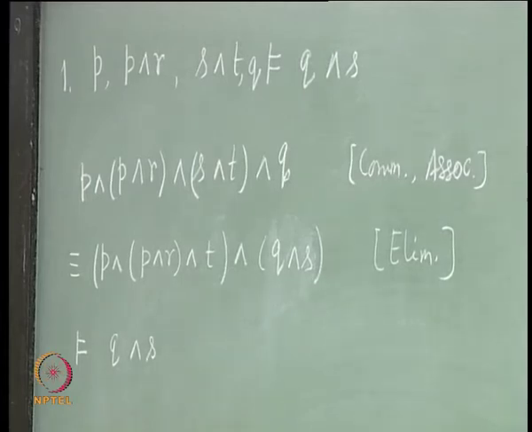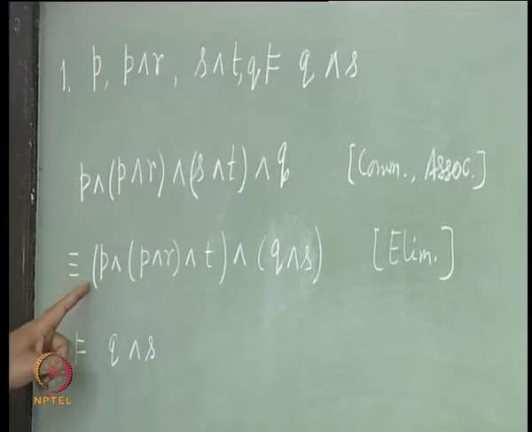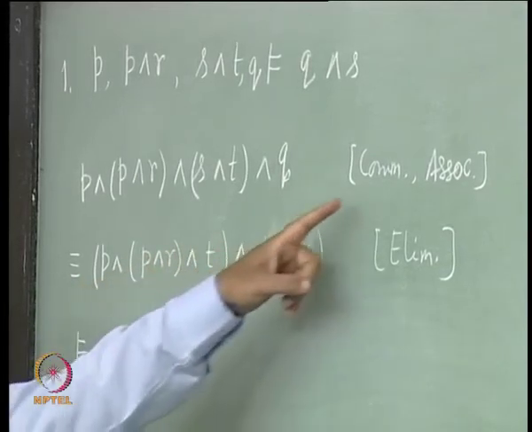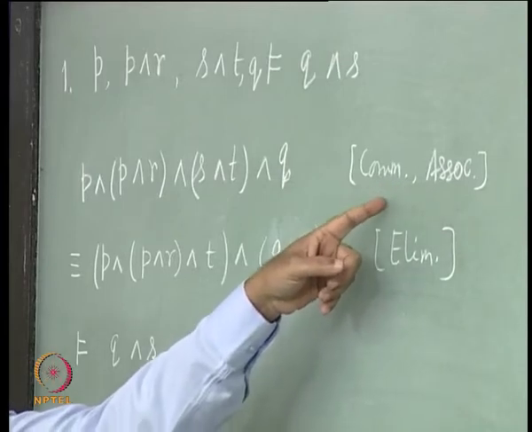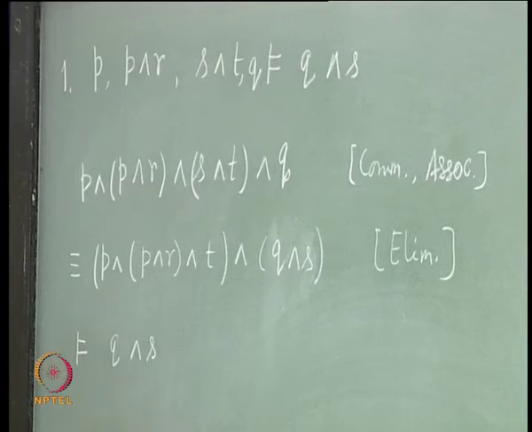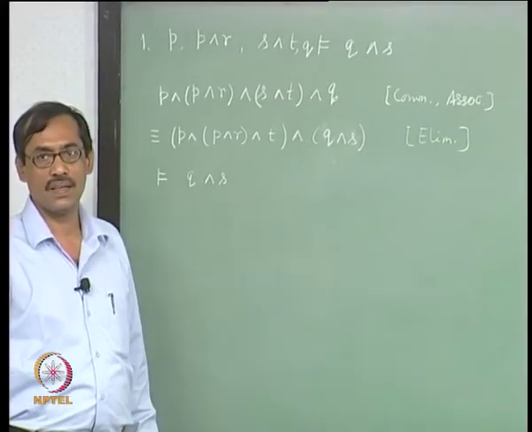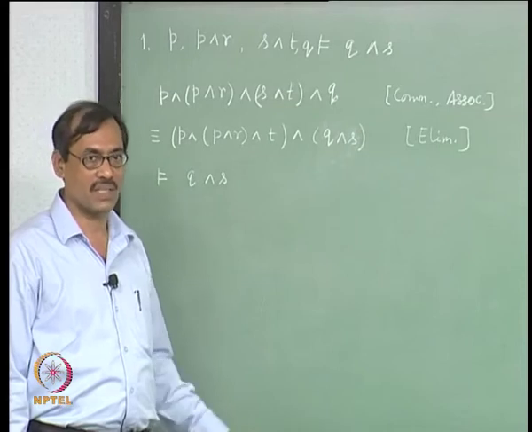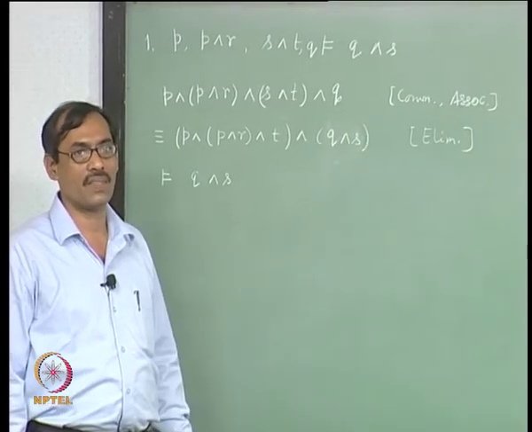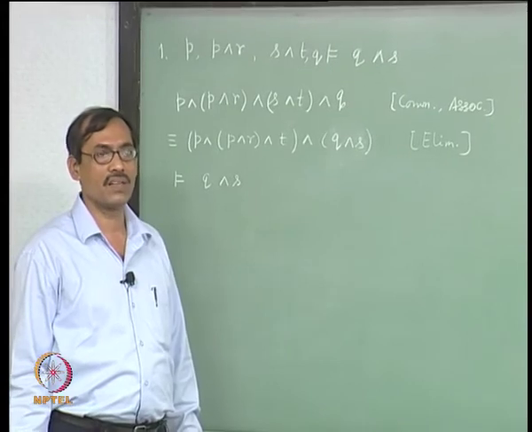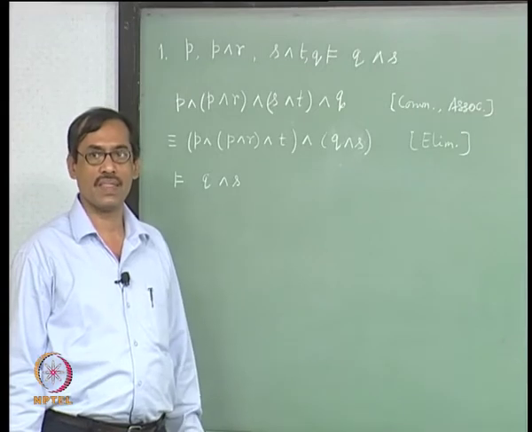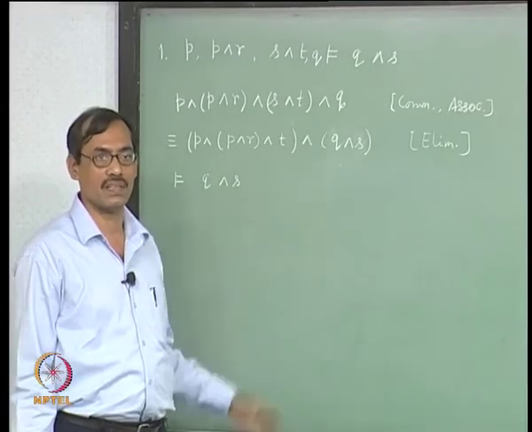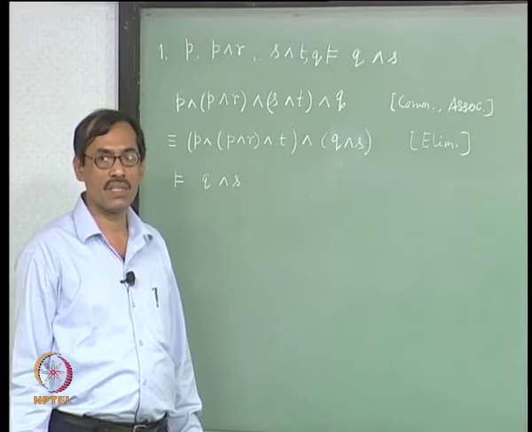So, just look at what we are doing here. In the first instance we are telling this is equivalent to this, okay, because the laws of commutativity and associativity, they give us equivalences, x and y and z is equivalent to x and y and z. Also we have commutativity in the form x and y equivalent to y and x, that is a law, but in that law we first consider x and y or z even as propositional variables, then those propositional variables have been substituted here, right. So, you are using uniform substitution,